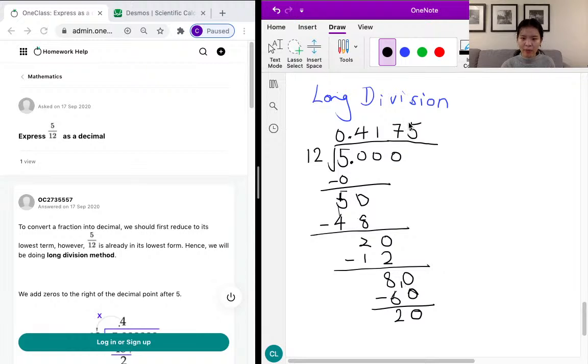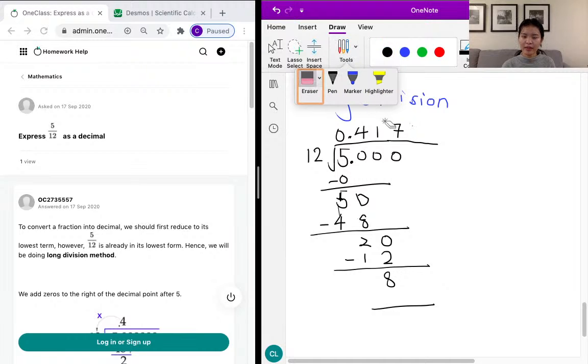That means that we can actually do 6 instead of 5, because another 12 can fit inside of the 80. And the remainder must always be less than the divisor 12 over here. So the remainder we have for any of the divisions must be less than the number over here. Okay, so we know 7 is actually too big. So our 5 is too